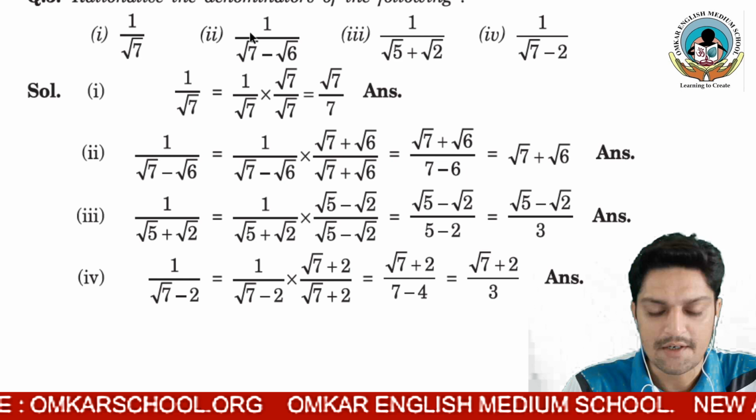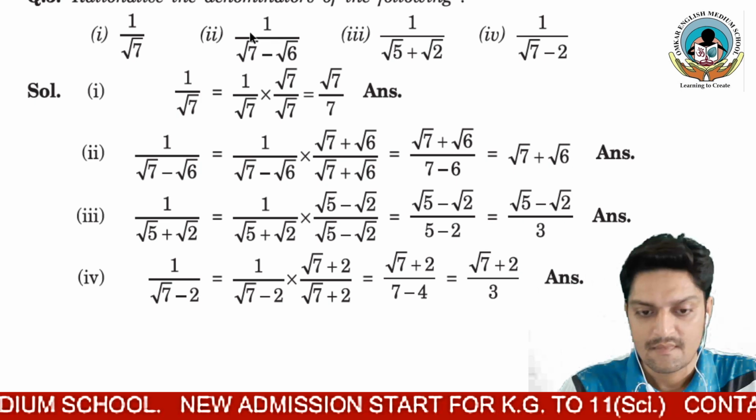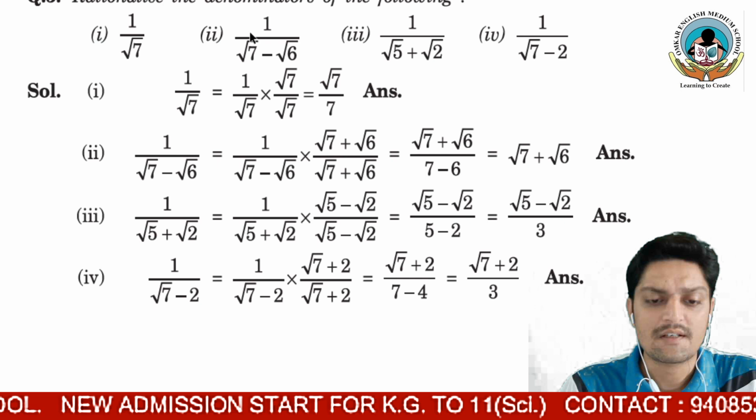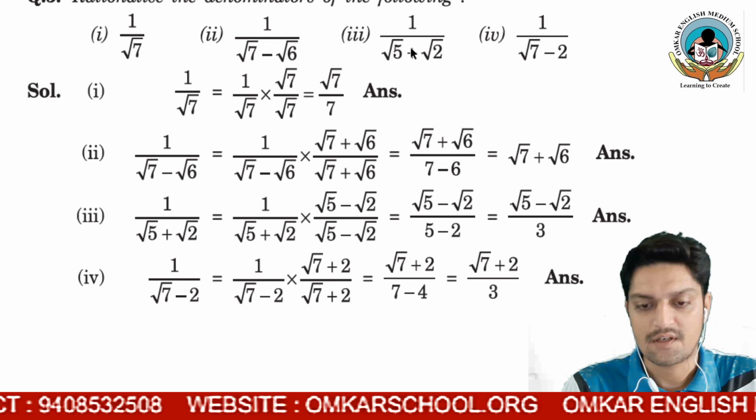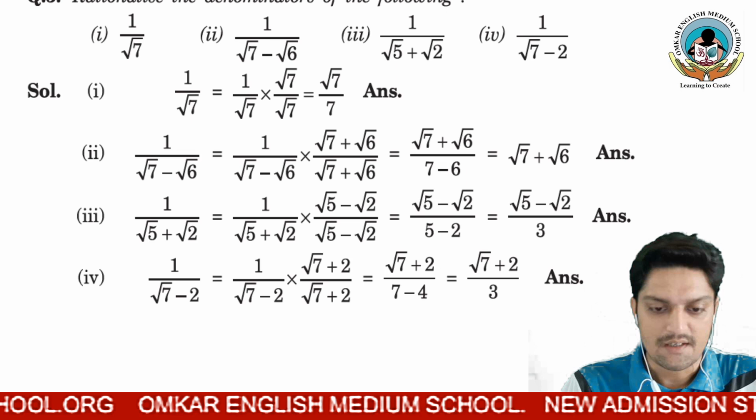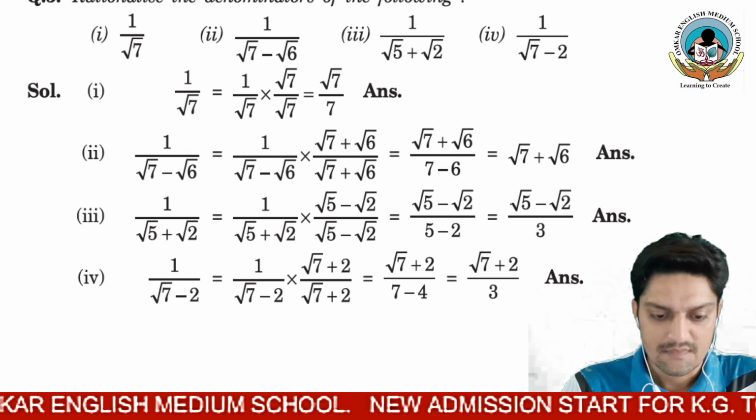Now if you ask me, sir, what is the requirement to rationalize this term? Actually there is no requirement as such, but as per our tradition, in the denominator we don't write this type of terms, meaning under root, the multiplication of under roots, summation and subtraction of under roots, that we generally don't write. So if you want to remove these roots, you have to do rationalization.